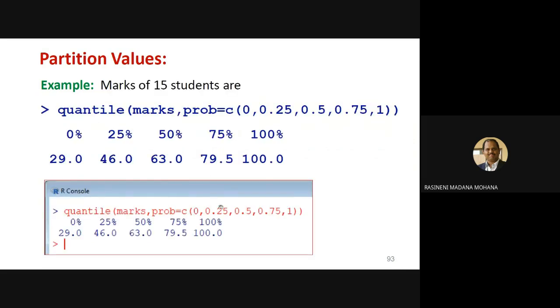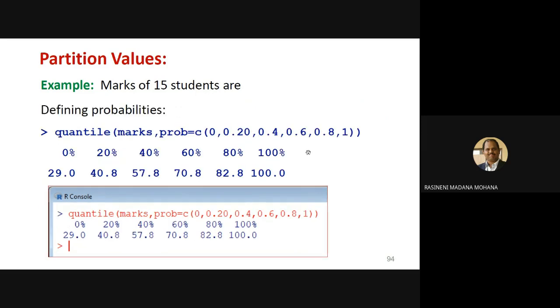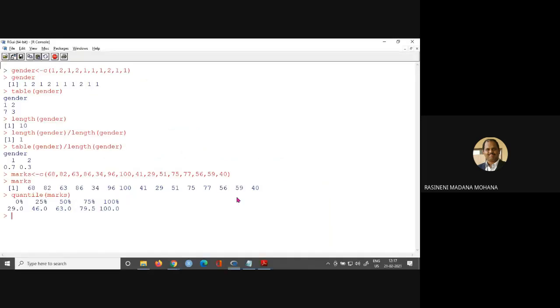Even by giving probabilities other than these, if you want other probabilities you can give. If you want 0.2, if you want 0.3, if you want 0.9, like that also you can give. Here these are all our own probabilities other than the standard, so the data can be partitioned among these. All lie in between 0 to 1 only. Suppose let us check this one.